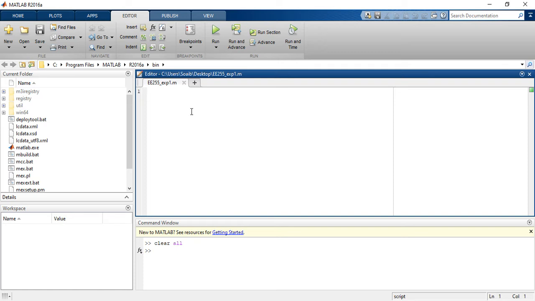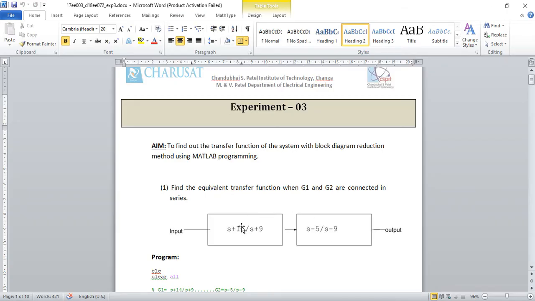In this I need to write, so before writing any particular program, I will write clc and clear all, which will delete all the variables saved in MATLAB. This is the general practice that we follow. Now we need to enter these values, but if I enter them directly, MATLAB will ask what is s, because we have not defined s.